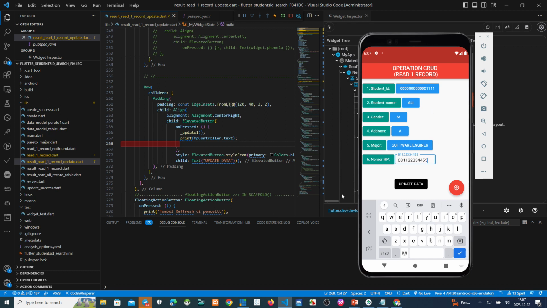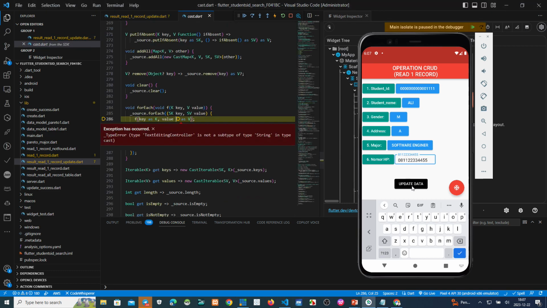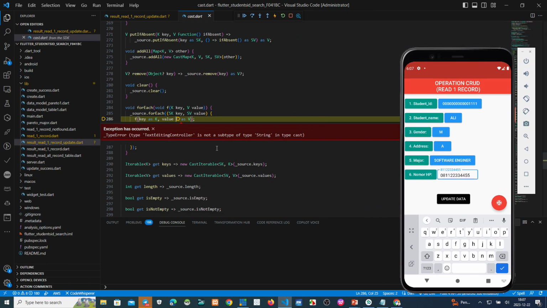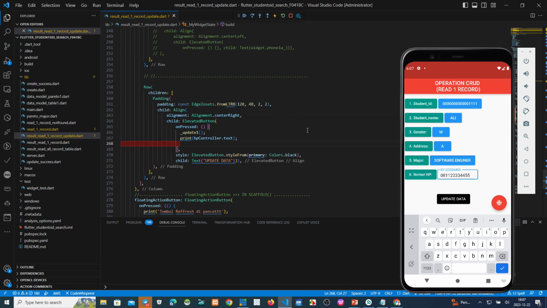I click here. Please see the debug console. Click. Oh, what happened? Moment, please. There is an error. You can see this one. Error: that edit control is not a type of string. Oh, okay.